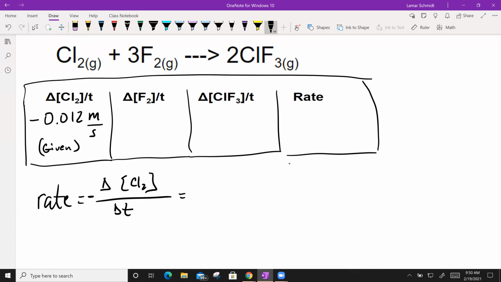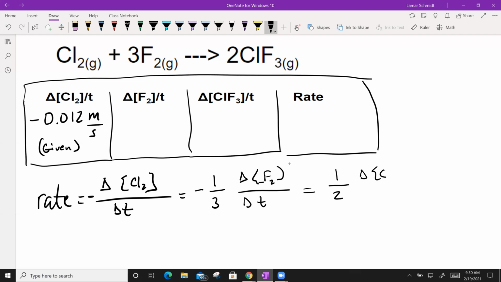Now we know what that little delta means. We know exactly what it means. So let's go on to F2, and it is negative because it's a reactant, 1/3, and we always use the inverse of the coefficient, so negative 1/3 the change in concentration of F2 divided by the change in time, which is also equal to, now this is positive 1/2